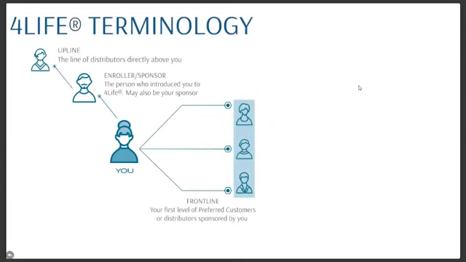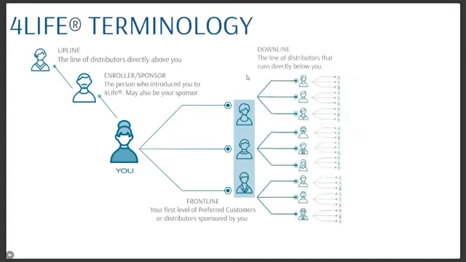Frontline we talked about, so these are all people that are on your first level. So an example of where an enroller and sponsor might be a different person. So anybody that's on your front line, you will be their sponsor. But let's say that your immediate sponsor actually enrolled somebody and placed them on your front line. You would be their sponsor and he would be their enroller. So that's an example of how they can actually be a different person. And the way that benefits them is we'll talk about enroller requirements when we talk about rank qualification, but that would help them meet their enroller requirement. But it also gives you an additional person on your front line that adds to your team volume and your 3-level volume.